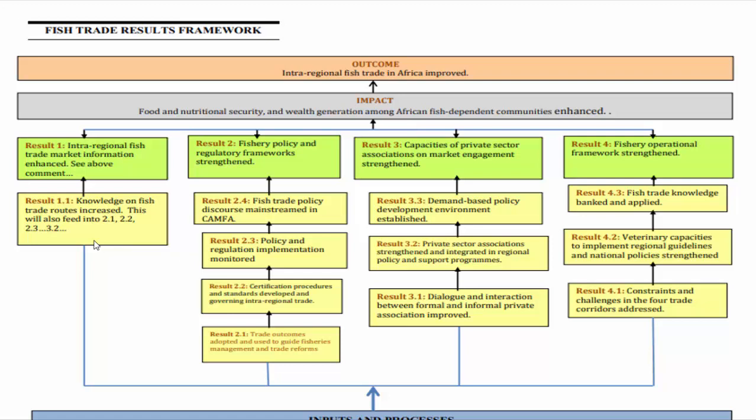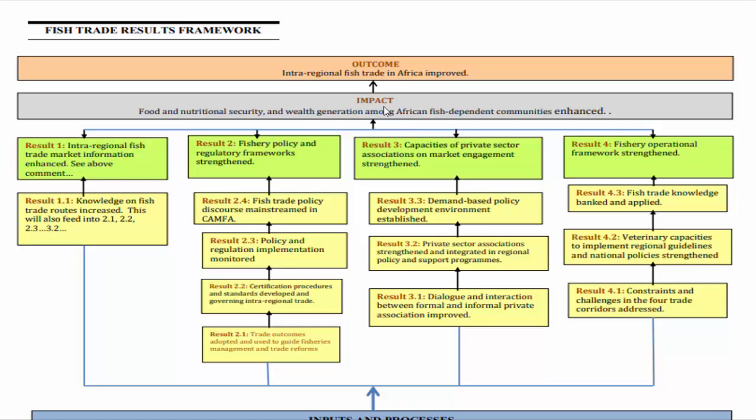So I want to also mention that it's interesting, because sometimes we don't have a standard definition for these things, okay? But if you look at the fish trade project, the results framework, actually the impact is supposed to be up there and then outcome is supposed to be down there. So this just comes to show that in different organizations, they have their own way of defining these things,